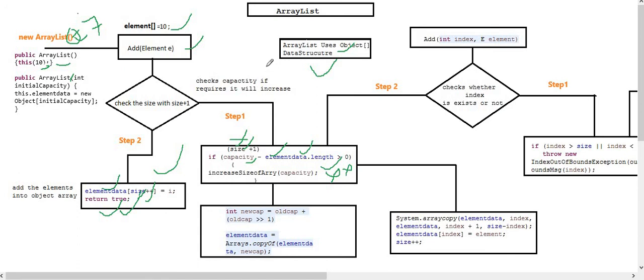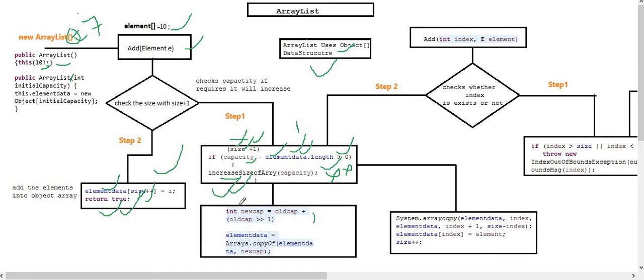When we are adding the 10th element, 10 plus 1 is 11, and the array length is 10, right? So 11 minus 10 is 1, correct? So 1 is greater than 0, true. It means here we are increasing the array. We know from collections, like we have been reading for many days, that ArrayList increases its size automatically; collections will grow. That is the basic difference between arrays and collections. This is how it increases the size of the array list internally.